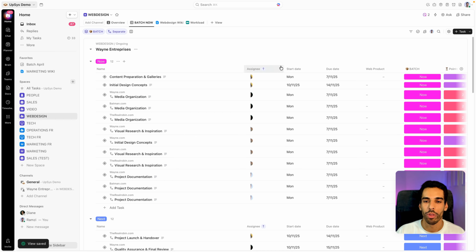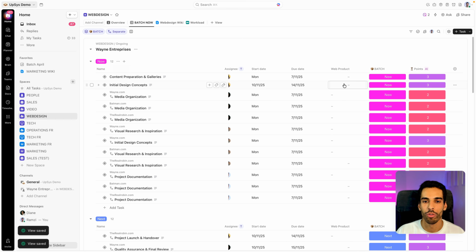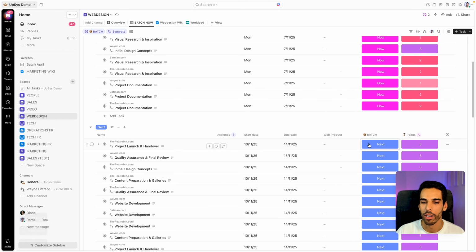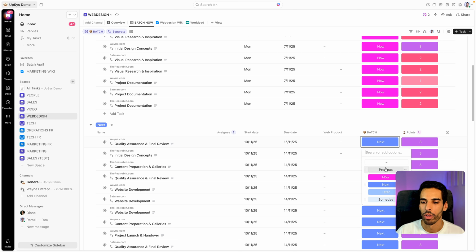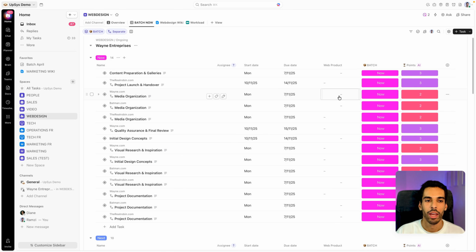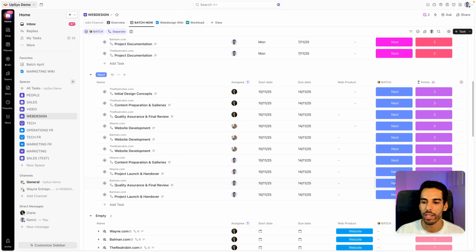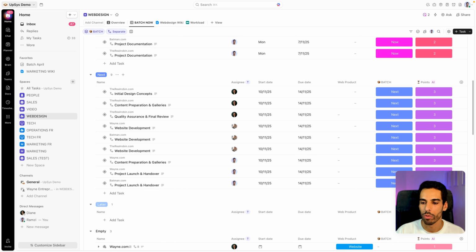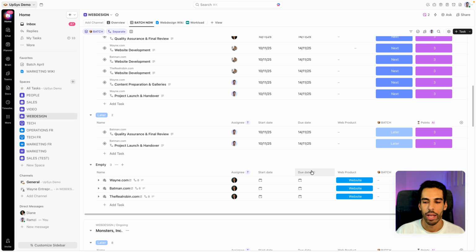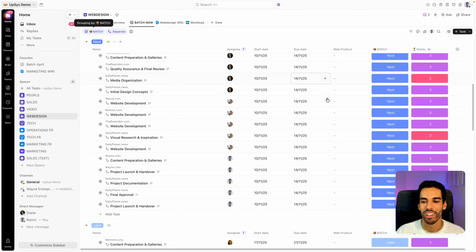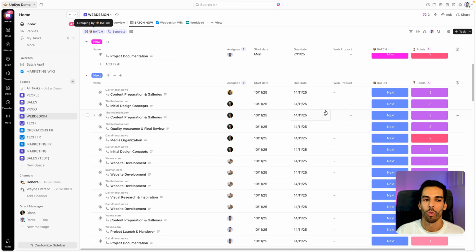And I can just do it with a drag and drop, but I can also decide to show the batch dropdown here and say, okay, maybe on this website, I'm actually going to work now on this one and now on this one, and just start to dispatch things. And maybe this one, which was planned next, will go later, and this one will just go later, and so on and so forth. And just having this clarity to know what's to do this week, what's to do next week,